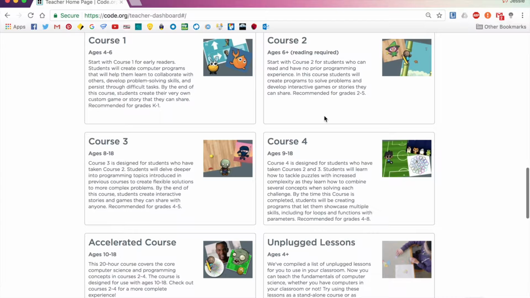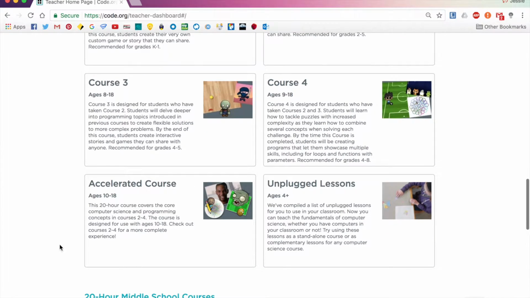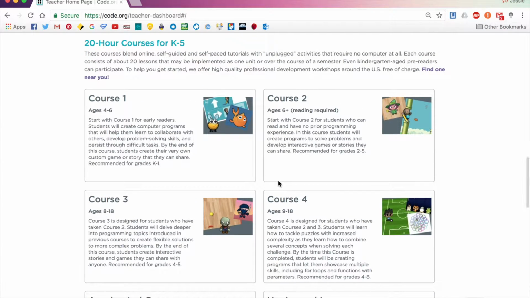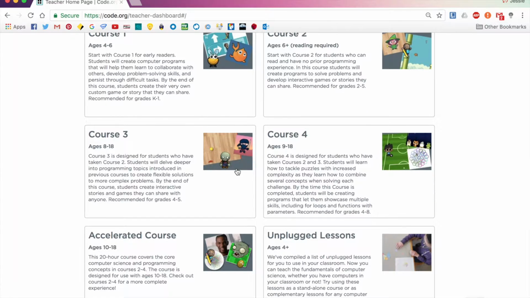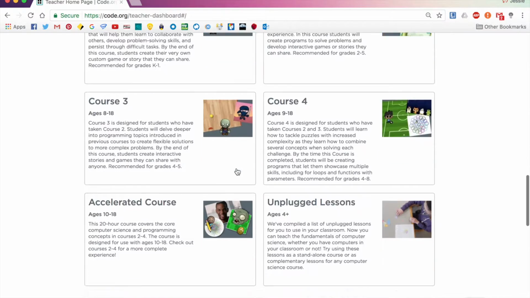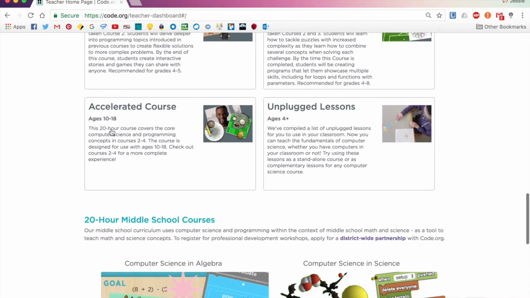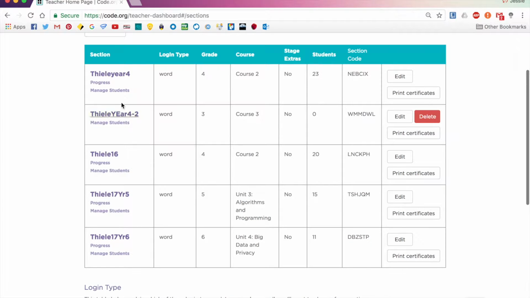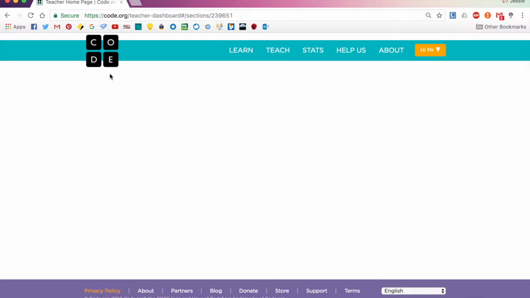However, if you can see that they're ready to progress or they have history in coding or are very good at mathematics, you can start them off on the accelerated course. Basically that is course 1 and course 2 combined, and it takes about 20 hours to do, but that is how I would use this site to tier.